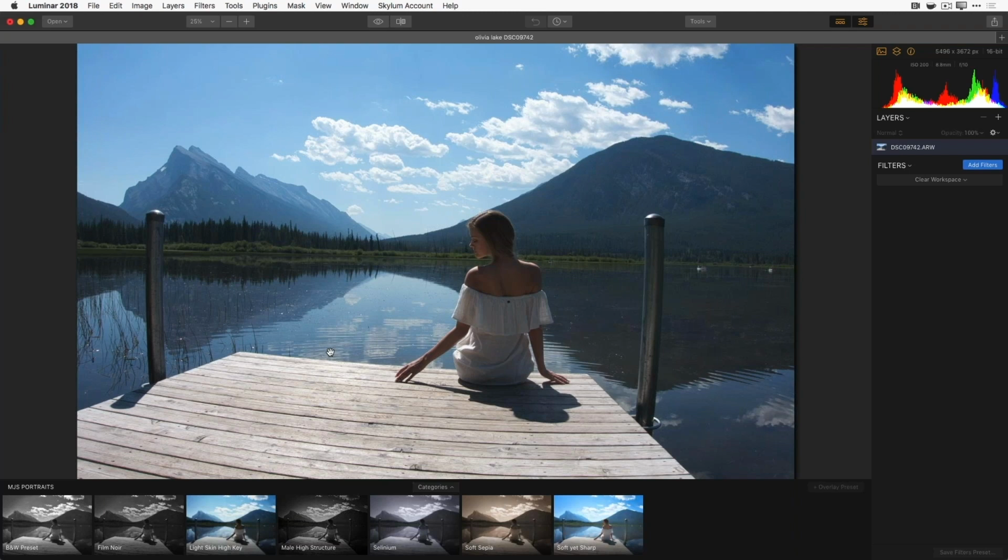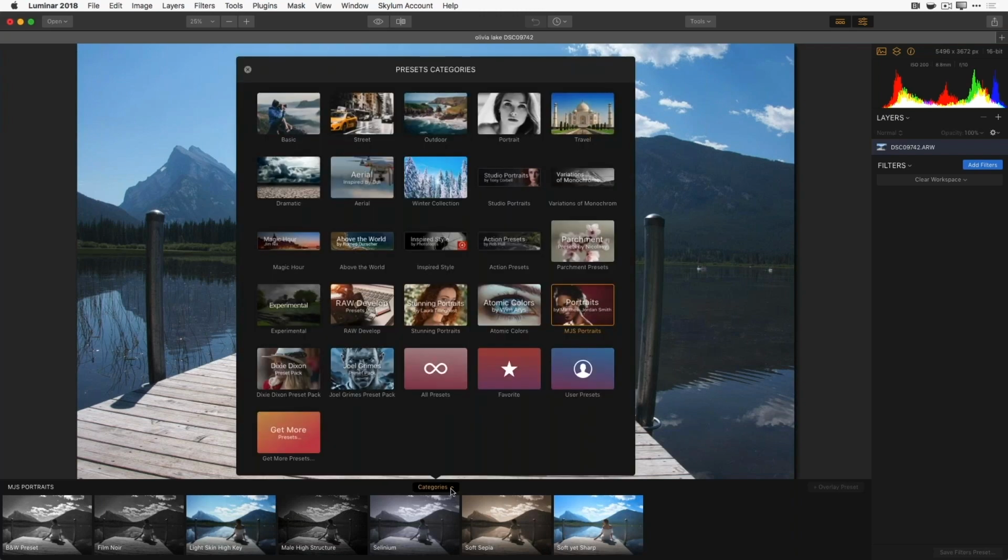I want to give you an idea of the interface. So there's three basic areas of the interface once you open up the image. Of course, the center area is where the image is, and that's pretty obvious. Along the bottom are presets, which will provide you a look for your image, and there's a variety of presets available. So if I click on categories, and that's just the little button right above that film strip, I can see all the presets that are in